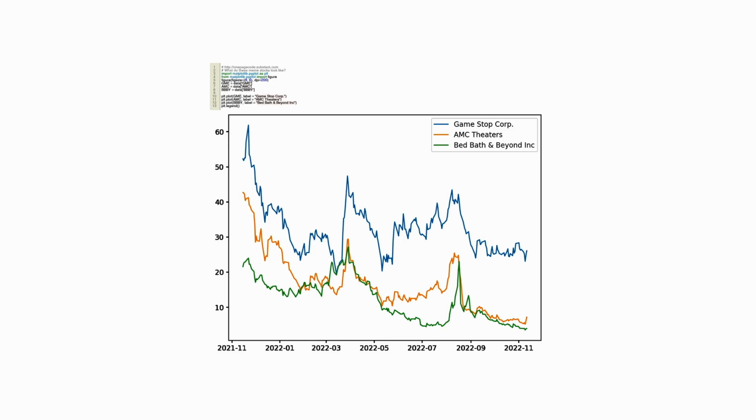It sets up a figure with specific dimensions and resolution, 8 inches by 6 inches, with a resolution of 200 dpi, to ensure the plot is of a certain size and clarity when displayed. For each stock, the code extracts its data from a presumed pre-existing data structure and plots it on a graph. Each stock's line on the graph is labeled with its corresponding company's name. A legend is also added to the plot, which helps viewers distinguish between the lines representing each of the 3